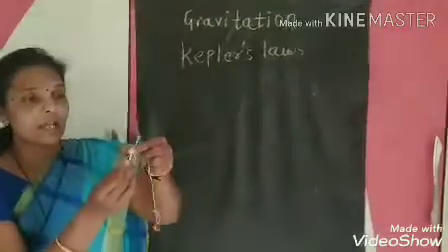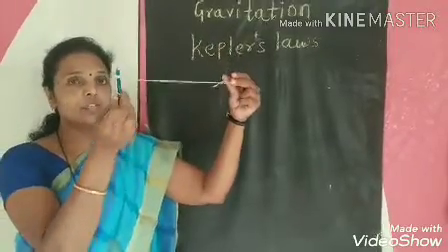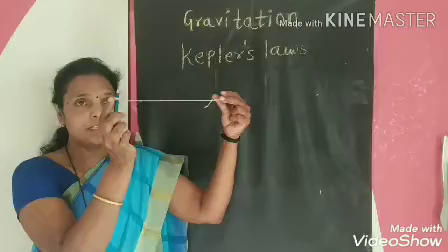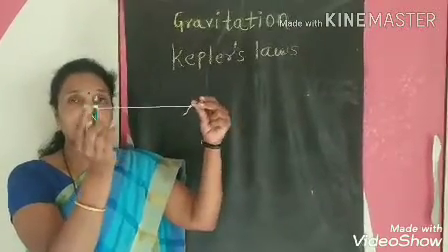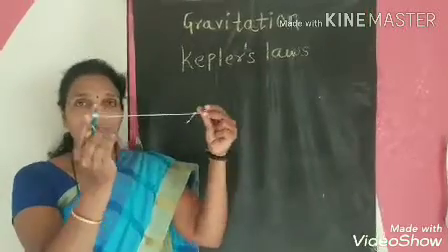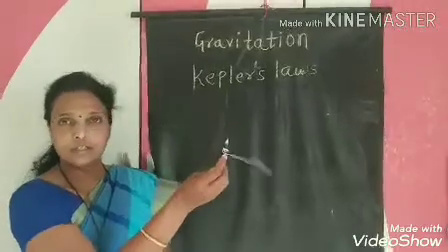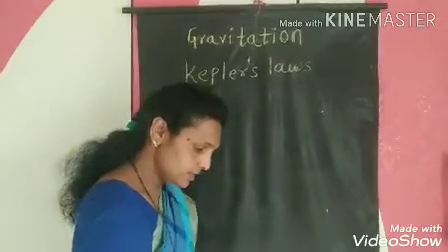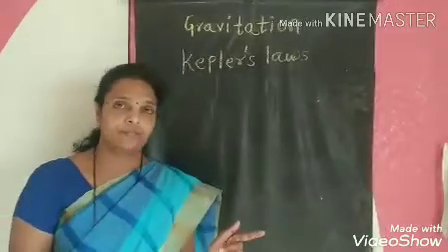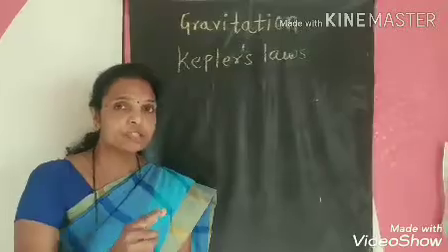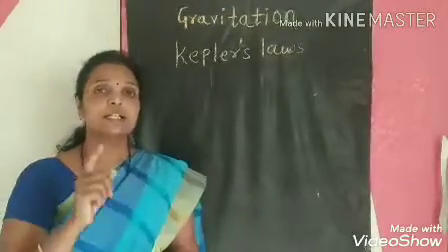But the force is not at this side. The force is here, at the center. Because of this force, this object can move in a circular path. So the motion of the stone is circular, but the force which I put on that object is the